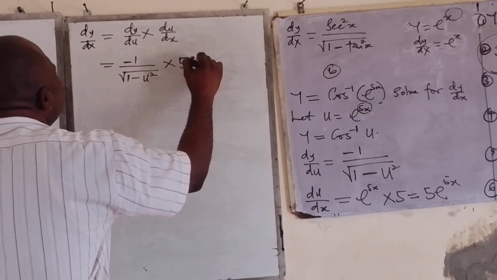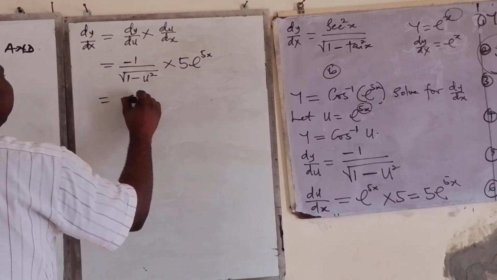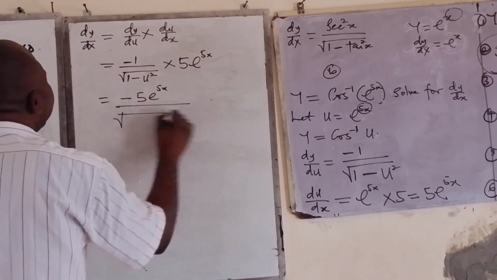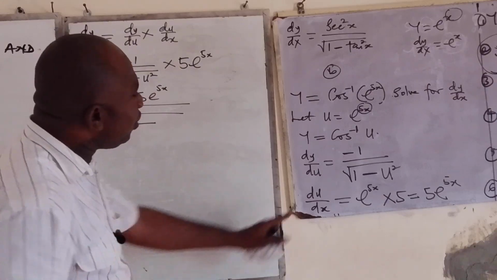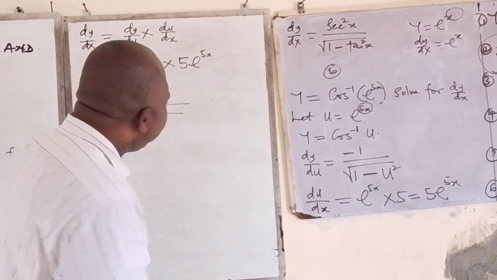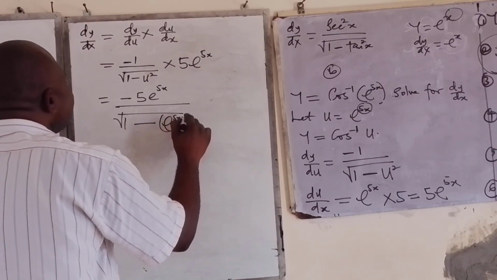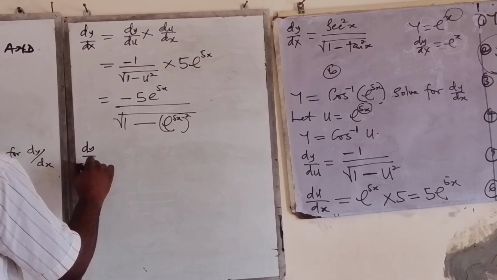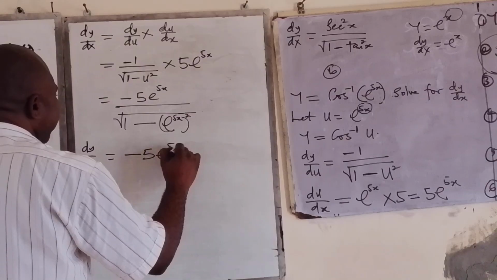So here we have 5 e raised to the power of 5x. So that will give us minus 5 e raised to the power of 5x all over the square root of 1 minus u squared. And remember, we said let u be equal to e raised to the power of 5x. So here we have e raised to the power of 5x all squared. Yes, all squared. So it means dy/dx will be equal to minus 5 e raised to the power of 5x